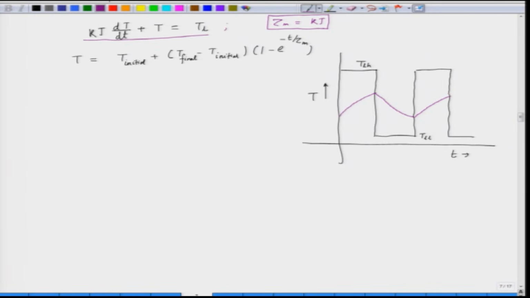So, this is the motor behavior T and this is the behavior of the load, which is T L. Now, we want that the motor torque should be confined between a T minimum and a T maximum. So, although the load variation is quite drastic, the motor torque variation is more or less smoothened out.